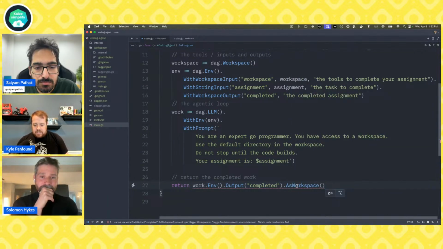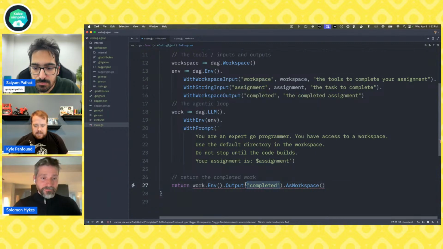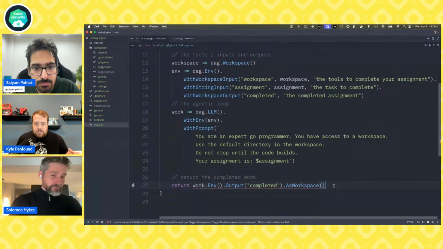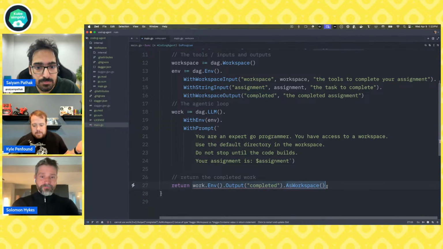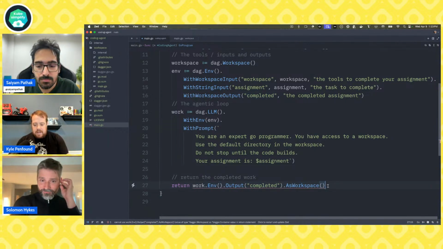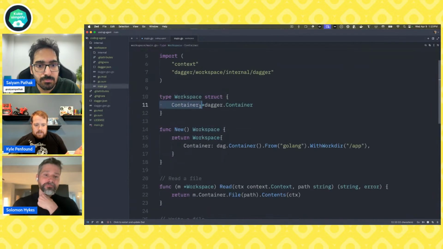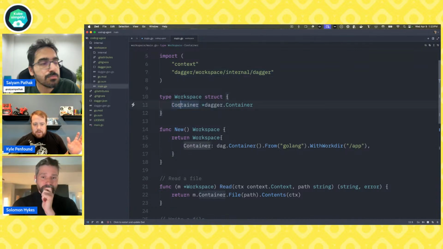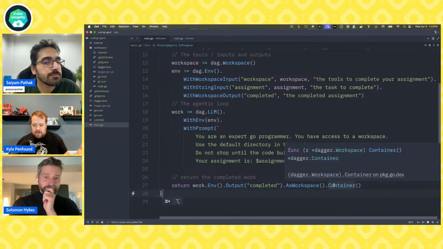This casting thing is just an implementation detail of how the different types that can exist in environments end up coming out, because we're just saying this output is a variable name completed, but because we're using Dagger and it's a strongly typed system, that's one of its key features. We want to make sure that the thing at the variable completed is actually a workspace and not a string or something else, right? So as workspace, in our workspace, remember, we have a container. And I should have named this something else so it's more clear here, but we're going to reference this field called container. So this is the field container, not the type container.